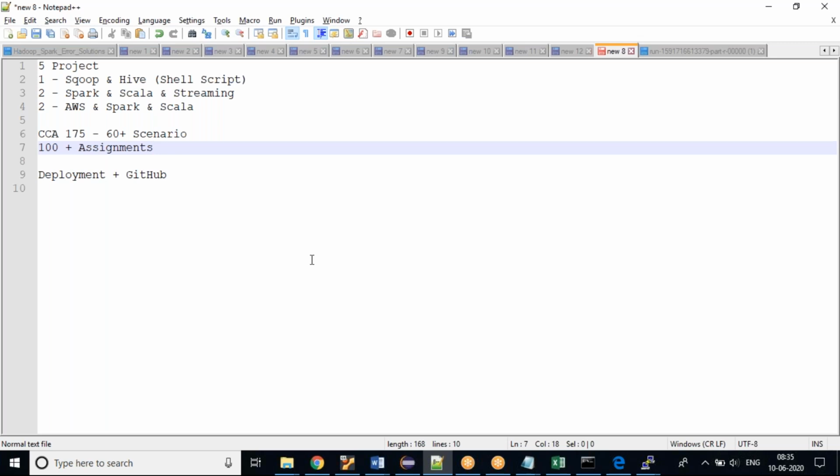We should be pretty confident on the technical concepts we are learning here, provided whatever we are learning on weekends, you do hands-on simultaneously with me. Also, the assignments which I am giving weekly, there will be 4 to 5 assignments. So do one daily, Monday to Friday, and don't do it all in a single day. I know you could do it in a single day, but my motto is that if you open your VM daily and start writing daily, your mind will start thinking in that direction.